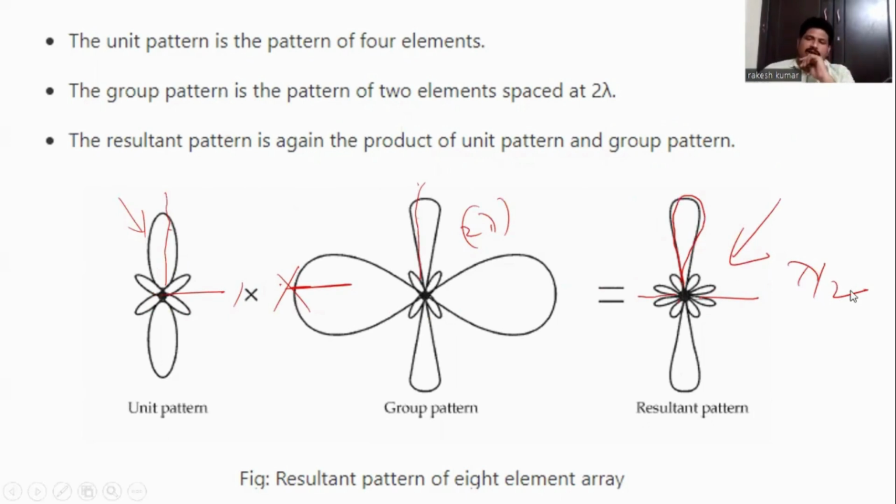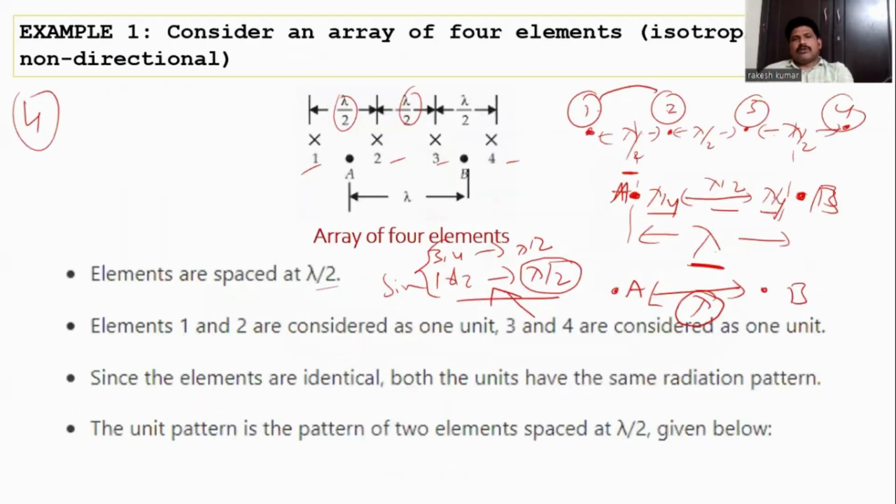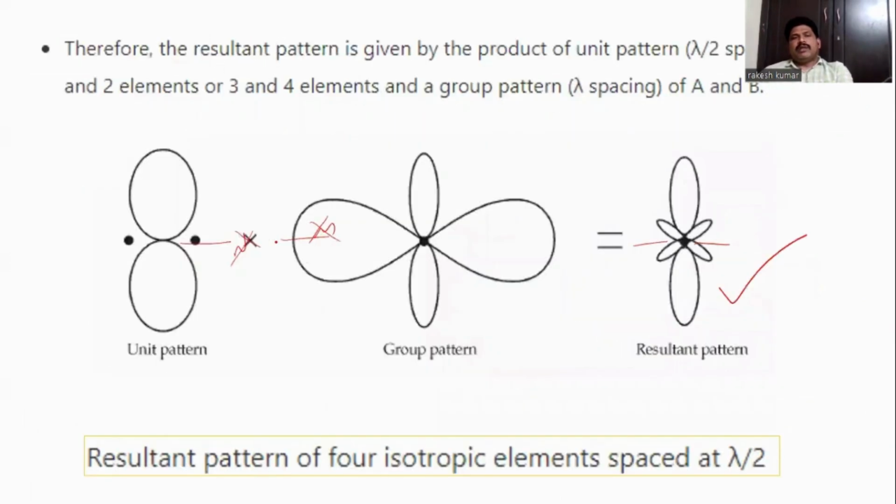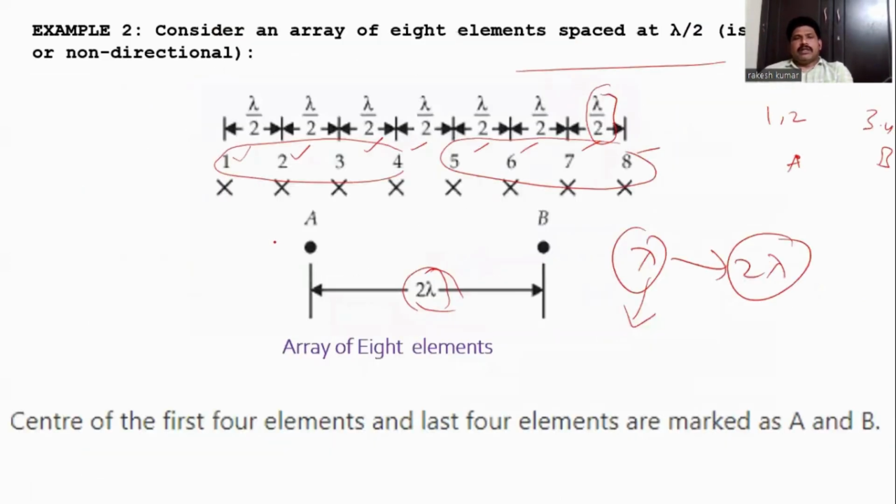So instead of doing all the calculations, we can directly obtain the radiation pattern. This is the goodness in the pattern multiplication. Okay, so we have done 2 examples, one for a 4 element array and the other for an 8 element array. Okay, so this is regarding